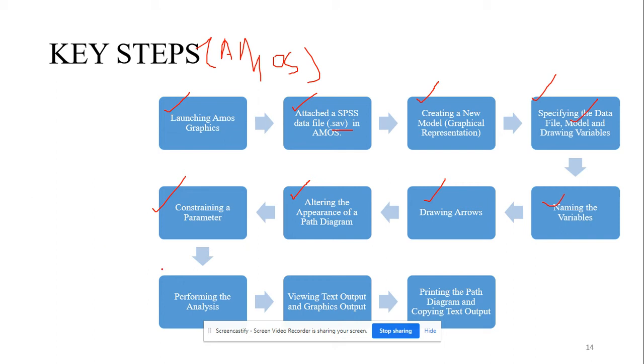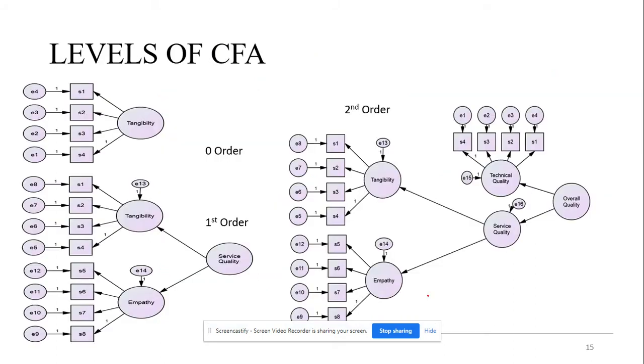We perform the SEM analysis, then we view the text output and graphic output. We print the path diagram showing the standardized estimates, and we copy the text output with the fit indices data. These are the key steps in SEM analysis using AMOS. Now let me show you, before we start, I want to tell you that in the measurement